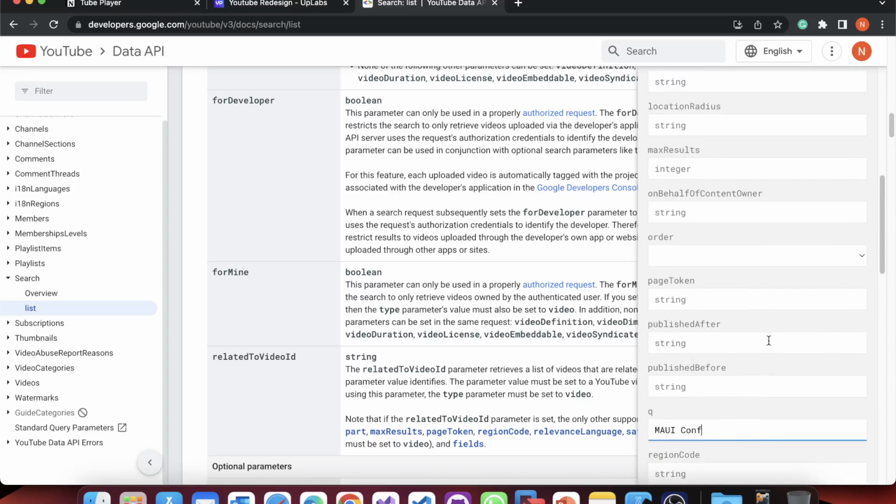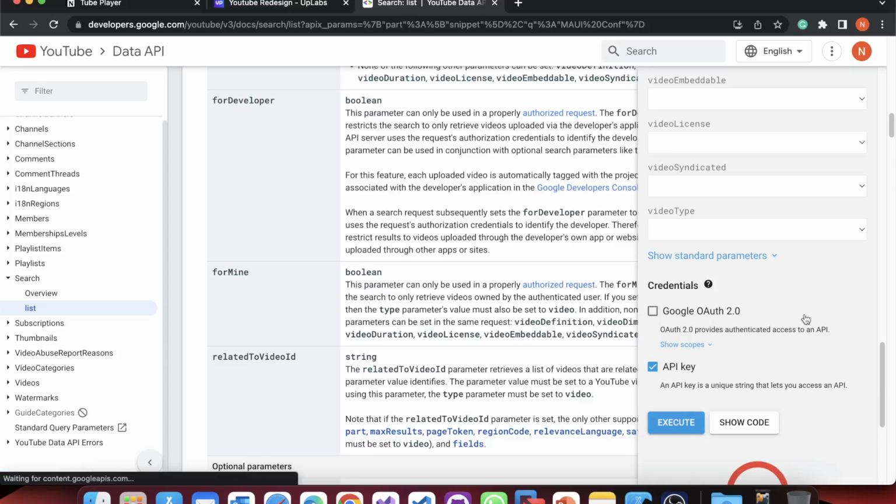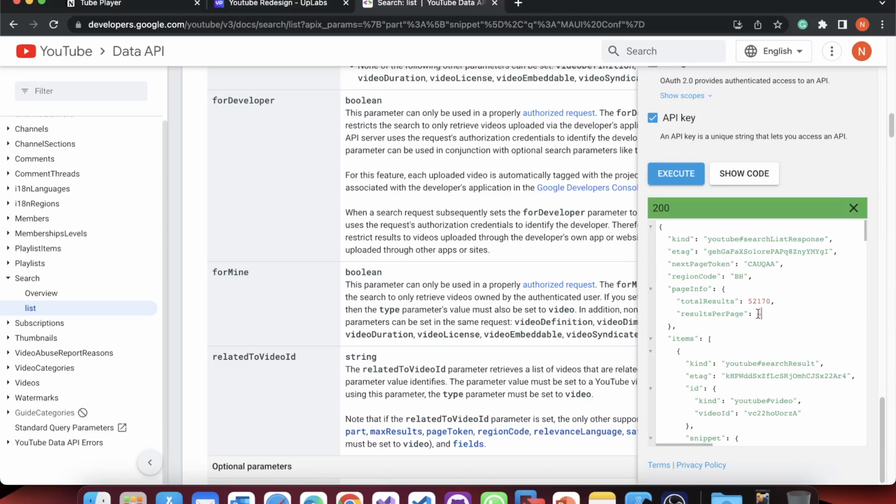These are all the different parameters that you can provide. In our case, this is pretty much it. You can untick the Google OAuth 2.0 box and execute and see the result that comes back. So you can see this is the result which has come back. It is returning 5 videos in this one API call with the next page token, which if you call again